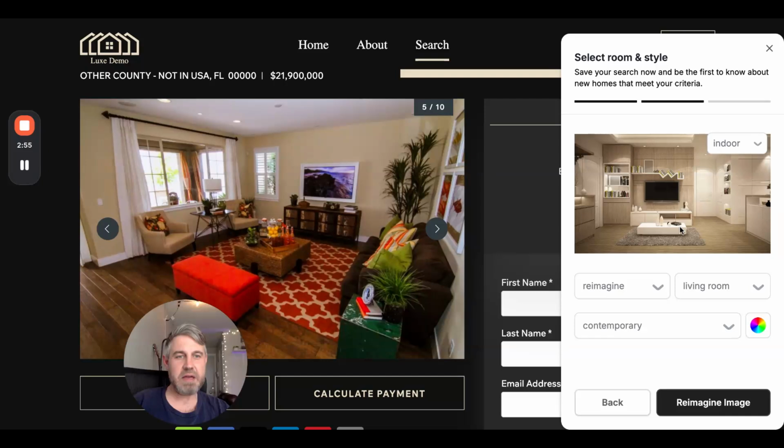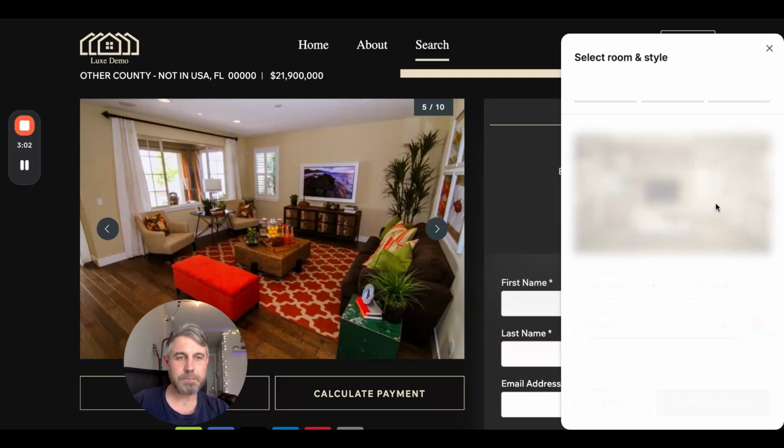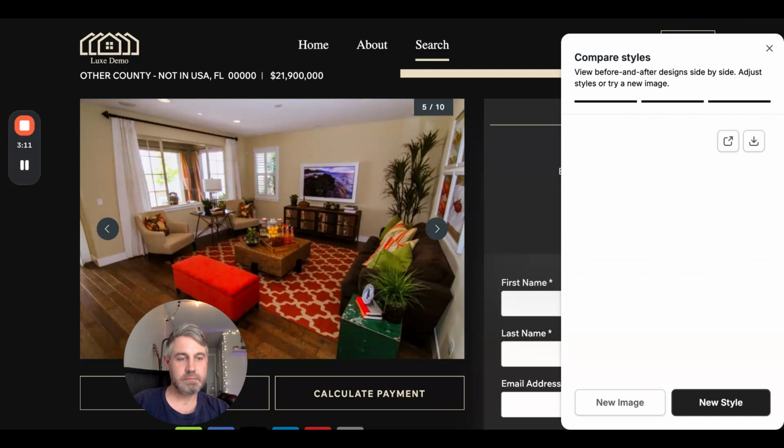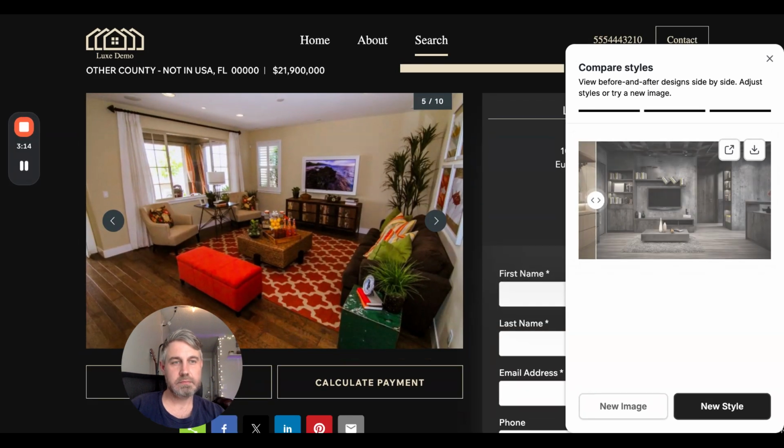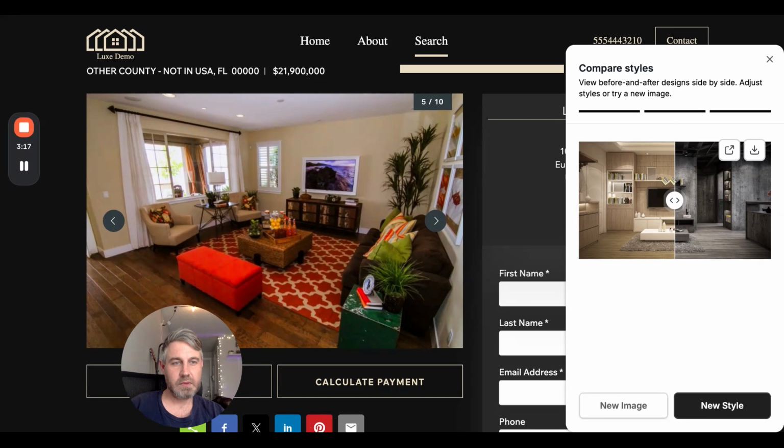So let's reimagine this living room, which actually already looks pretty good, in an industrial style. You can see that AI has basically taken the concept of this photo and completely reimagined it to be in